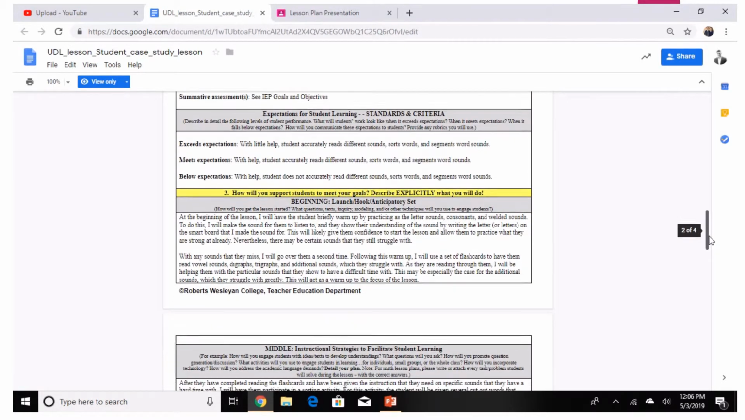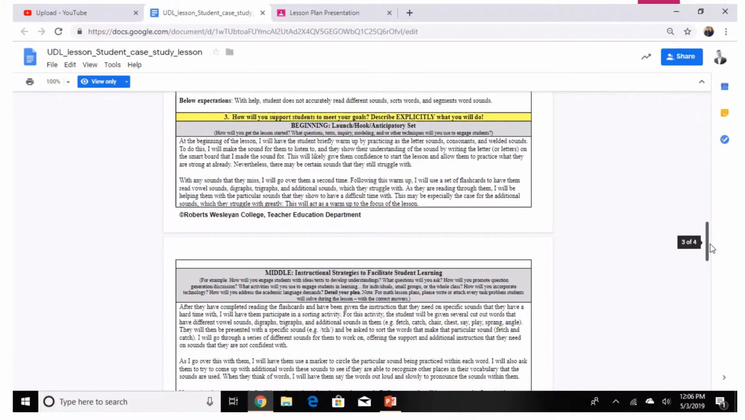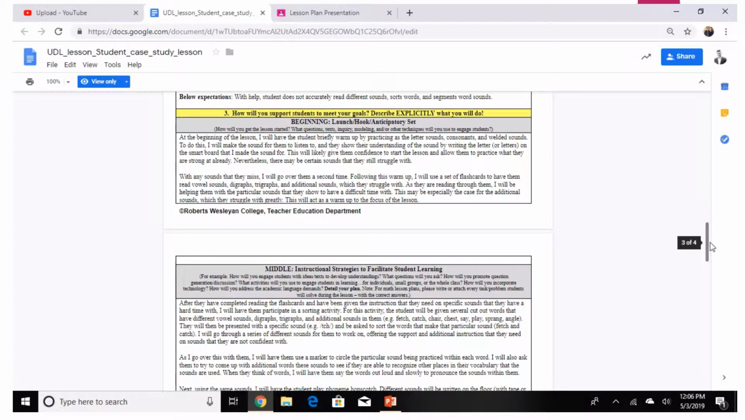And now to just talk about the different activities that I have planned. I actually have quite a few, all of which are aimed at the same goal of practicing those different sounds that he scored poorly on, but are just formatted in different ways to give him different types of practice. So the lesson's actually going to start out, if you see here, where